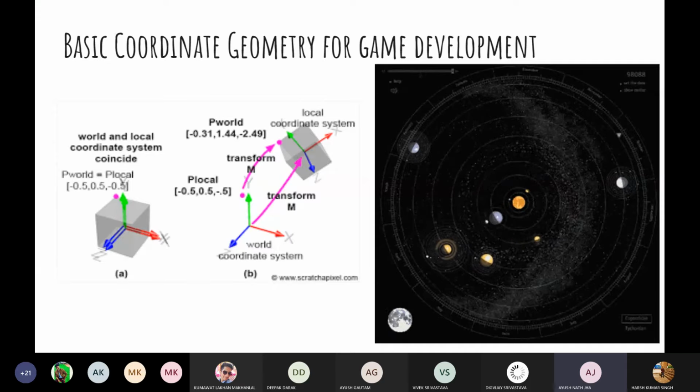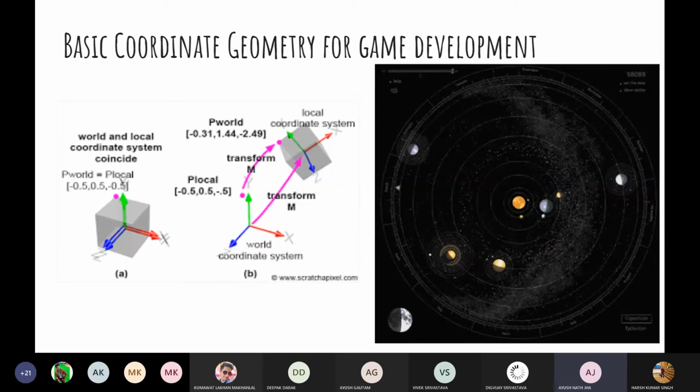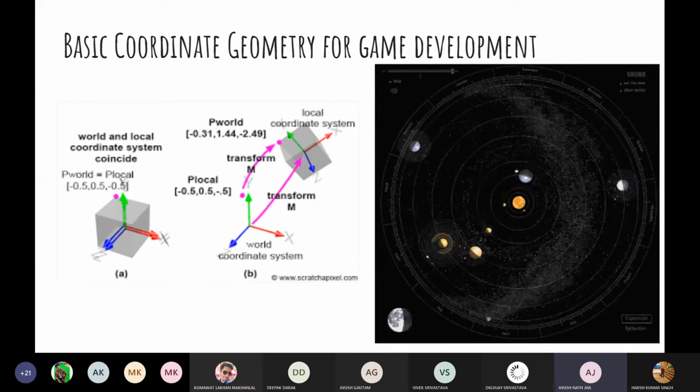If the moon is revolving in a circle, then the center of the circle is the center of the Earth and not the center of the world, that is the sun. So for the moon, the local coordinate system is the center of the Earth. Earth cannot be the global or world coordinate system, because the world coordinate system is the sun, which we have assumed.